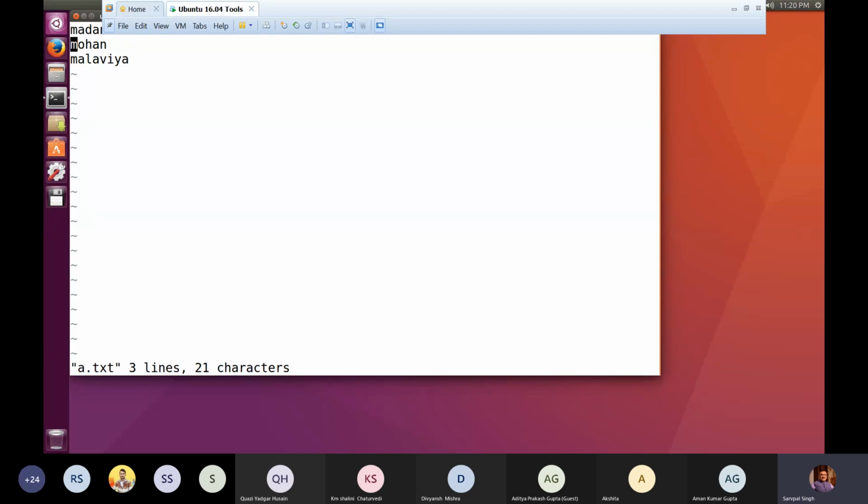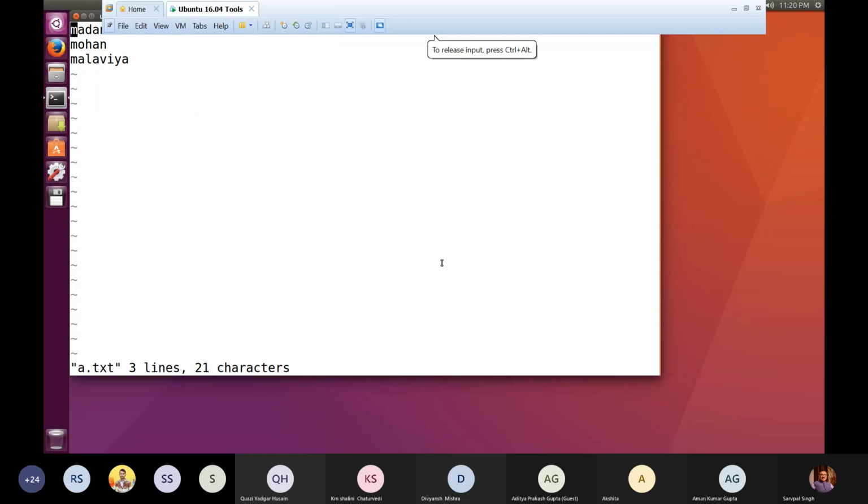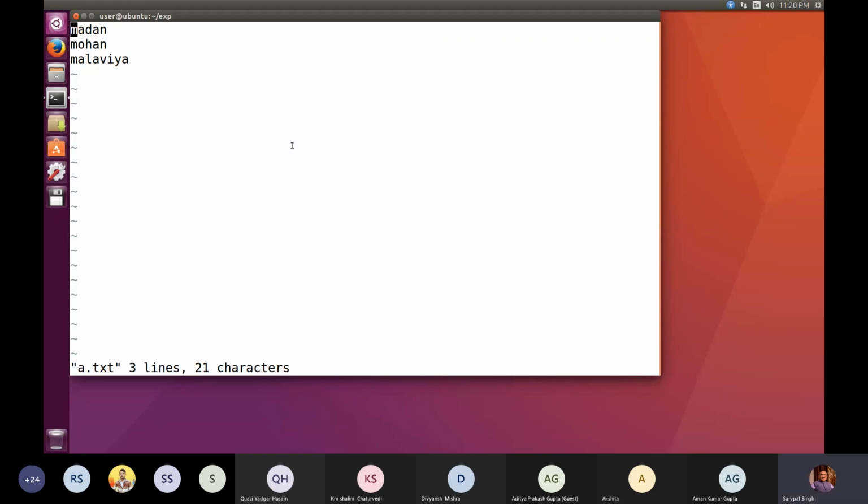But anyways, once again I am moving back, and again I just wish to show what happens if I press, let me make use of O. ठीक है, इसको फुल स्क्रीन में कर देते हैं पहले. तो अब अगर मैं सपोज स्मॉल ओ करता हूं, look at the impact of small o. It has just opened a new line just below the current line. Since my cursor was blinking in the first line where I wrote Madan, just below that this line is opened, and here you can type anything which you wish.